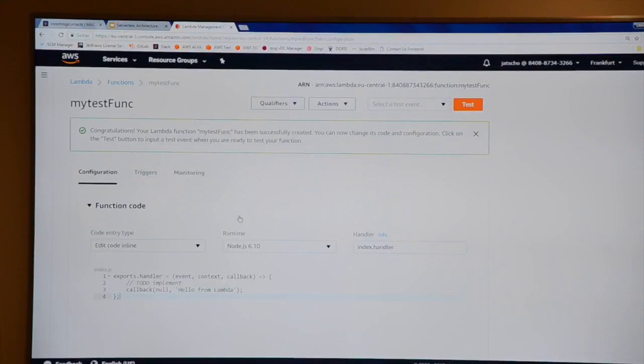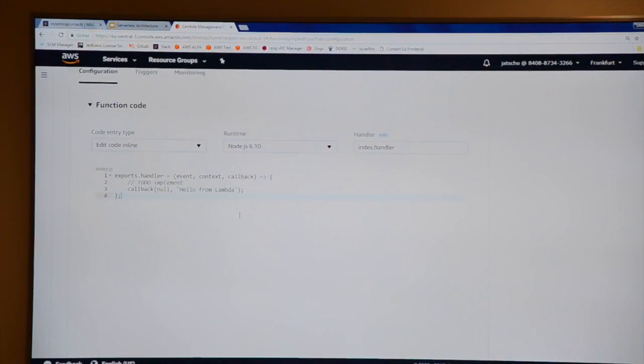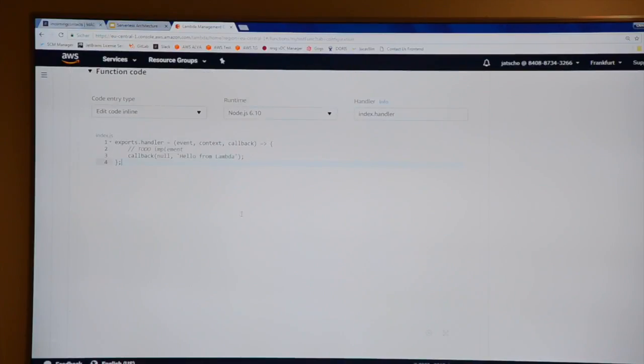And then I get to the beef, but it's not much to configure. Here I have the possibility to even write the code directly in the browser. That makes maybe sense if the function is very, very small. If your function has some more code, you can upload a zip file or upload